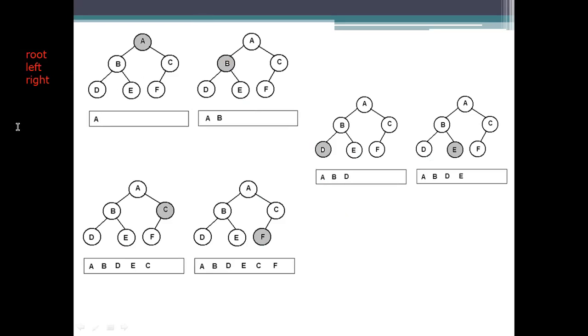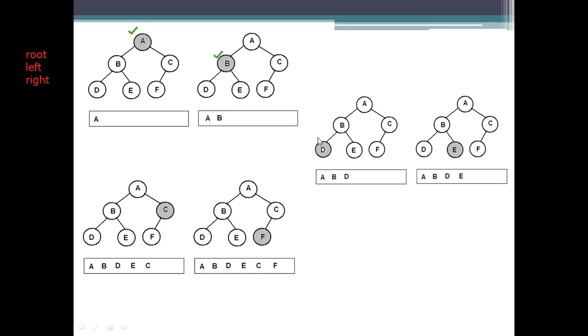So first visit the root node. This is the first tree, so the root node will be A here. It is visited, so it will be considered as a visited one. And go for the left subtree. This is the left subtree here. This left subtree has to be processed and it should follow the same order. So the next element will be B. Since it is a root node and being processed, we need to go for the left side. See whether any element is there or not. It is not having any element there.